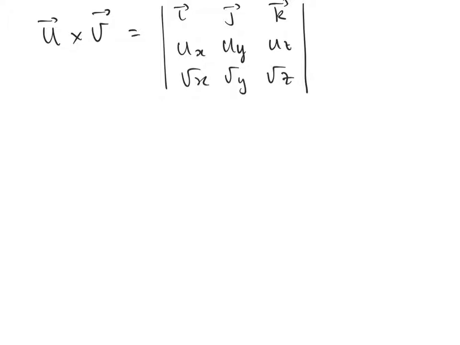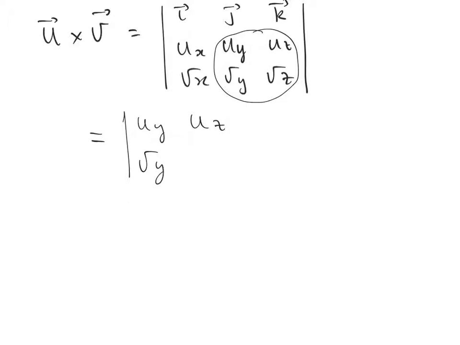We now express the 3x3 determinant in terms of 2x2 determinants as follows. The first 2x2 determinant is made up of these terms uy, uz, vy, vz,